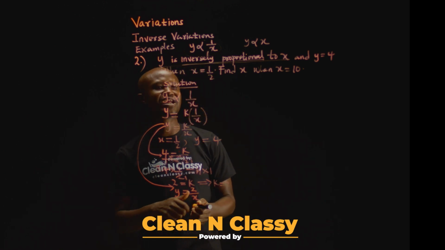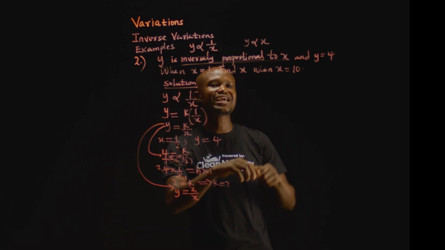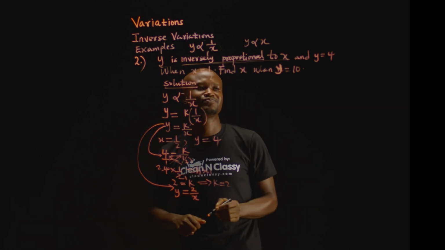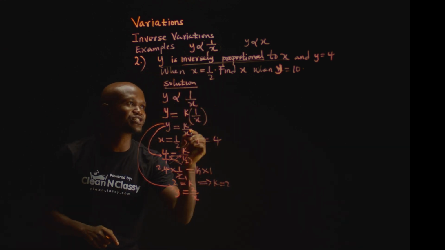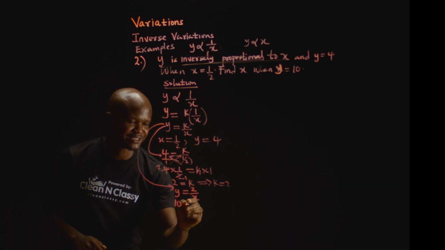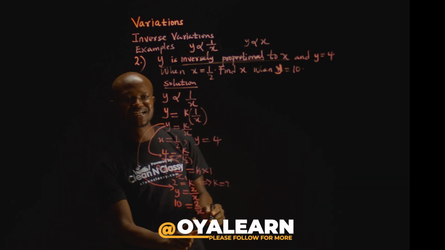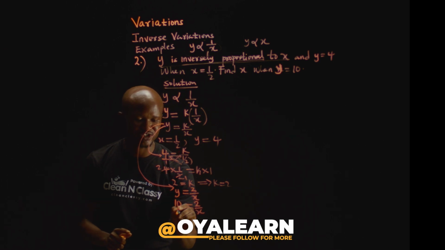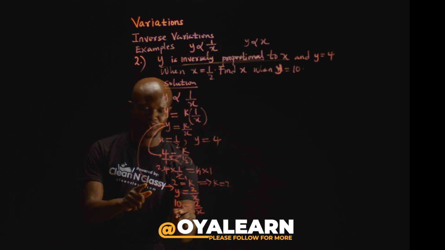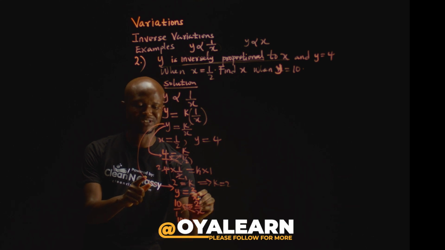Now, let's go to the next question, the main question. Find x when y equals 10. Now, let's do that. It means that anywhere you see y, you change it to 10. We replace it with 10, then we put 2 divided by x. Now, for us to find x, we cross multiply. By cross multiplying, we have 10 times x, that is 10x, and 2 times 1,